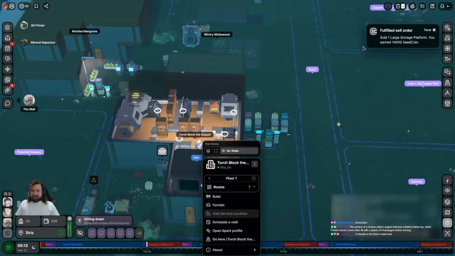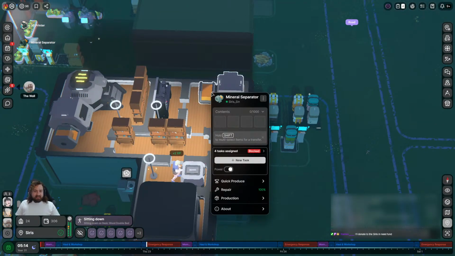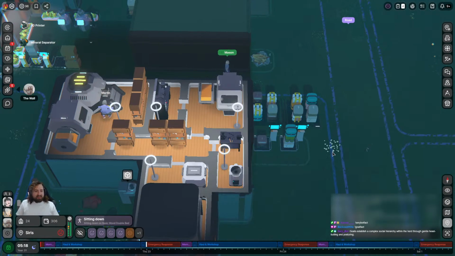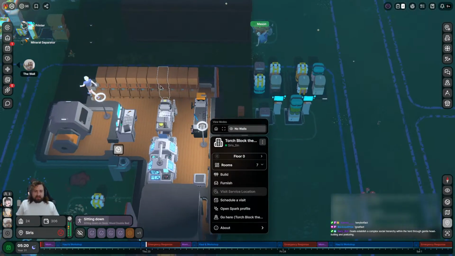You don't have to do that. Okay, looks like I just sold one of my platforms. All right. I mean, it's going to build itself back up, but my mineral separator that made me graphite had bauxite in it, so it was just locked up because I don't think I had enough.